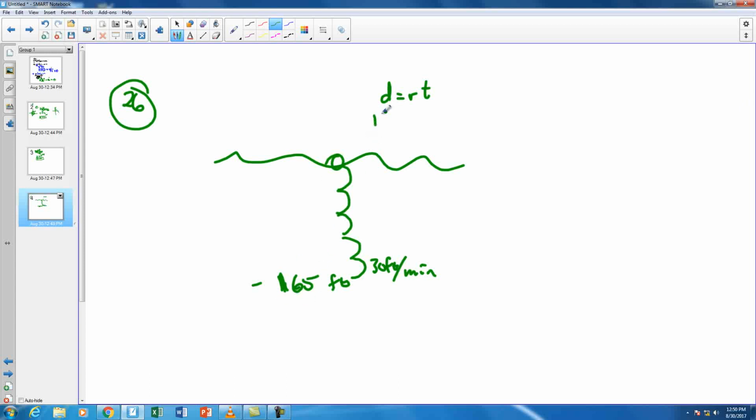So I can say that 165 feet is my goal. The rate I'm swimming up at is 30 feet per minute, and I need to times it by however long it takes me to do that. That tells me I can divide both sides by 30, and it just so happens that the time it takes me to get up turns out to be 5.5 minutes,